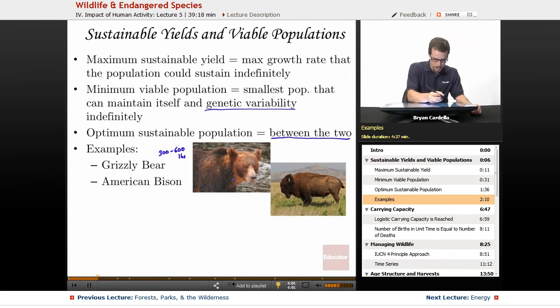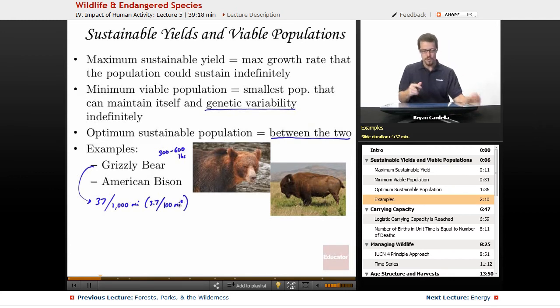And when you add up the total number, in their journey, they encountered 37 over 1,000 miles that they traveled. They kept miles in their journal rather than kilometers. And so that comes down to about 3.7 grizzly bears per 100 square miles of area. And if you consider the space where grizzly bears existed back then, they've come up with a calculation that in the early 1800s, there were about 12,000 grizzly bears.